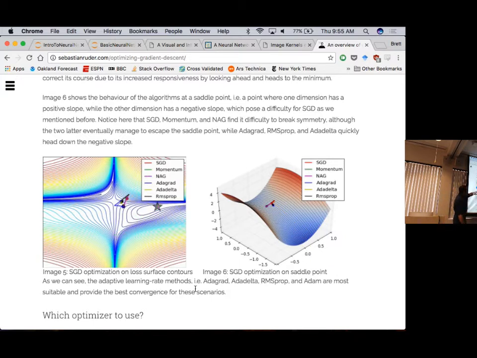It's not really important how these different things work. They're just different ways of deciding what size of step to take. SGD is basically just the vanilla gradient descent we've talked about, making very, very slow, but steady, always good progress towards the optimal value. Some of these others just go crazy and lose their minds, but then they figure out that they're doing that and slow it down and come back. This is beyond the scope of what we're going to talk about, but there are a lot of different routines like this, and it's good to know that they're out there and then just Google around and see which one people are using these days and use that. That's probably the best strategy.